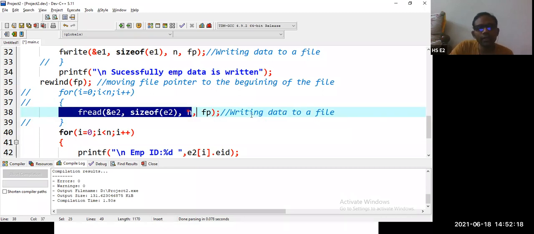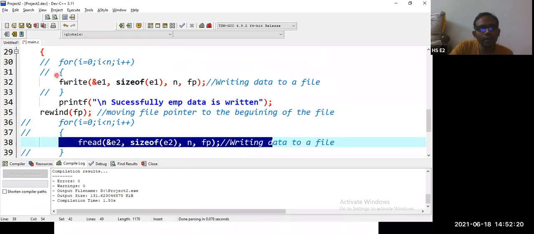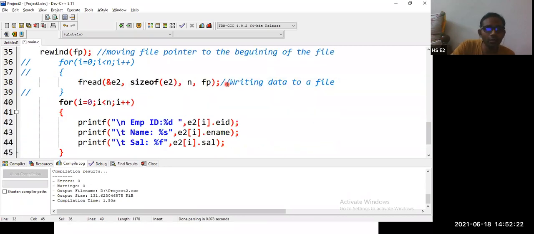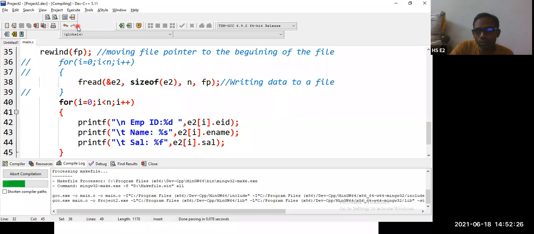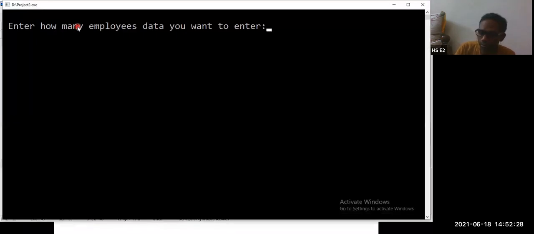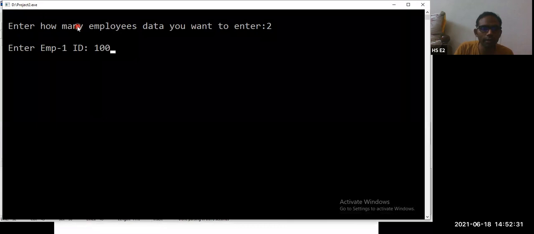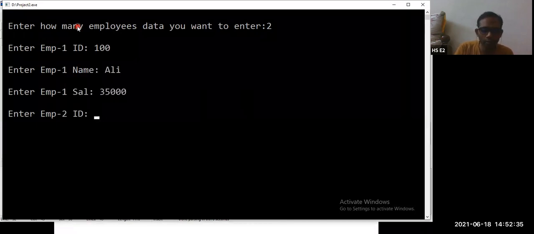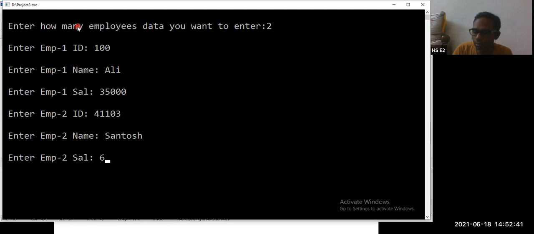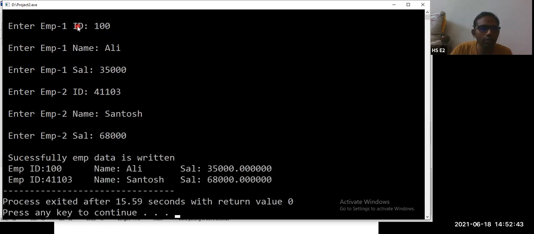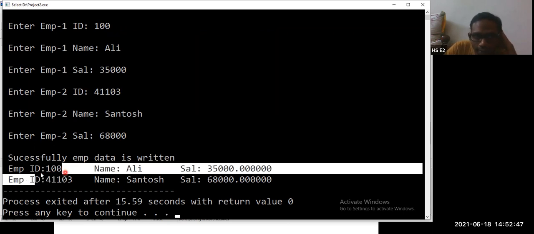Let us try with fread in a single line and fwrite in a single line. I hope the records are going to come. Two records: 100, Ali, 513, and 41103, Santosh, 68. So we are getting all the records, right?